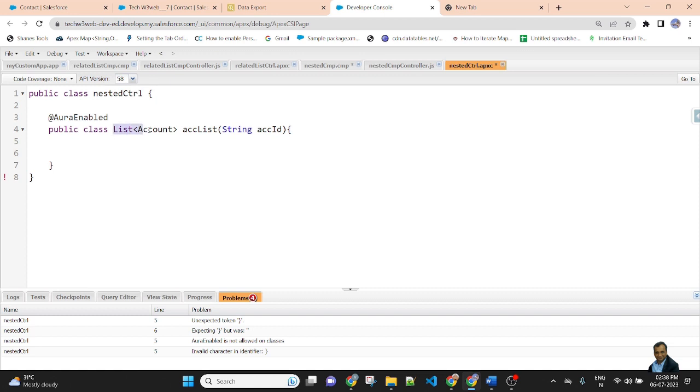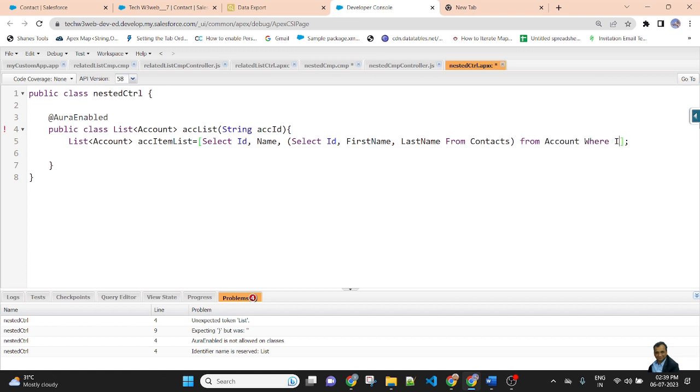And here, copy this list of account accItemList equal to square bracket, select ID, name, and for the related list bracket, select ID, first name, last name from contacts, and here from account where ID equal to colon, pass the parameter.